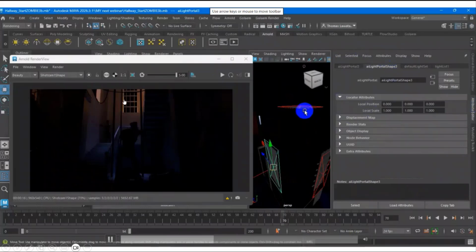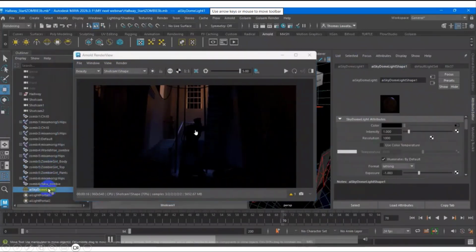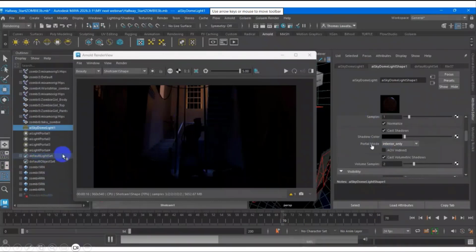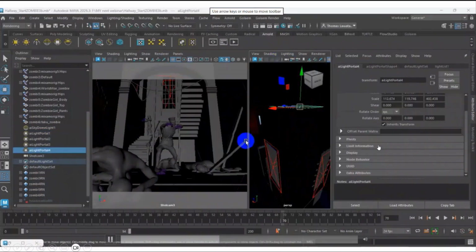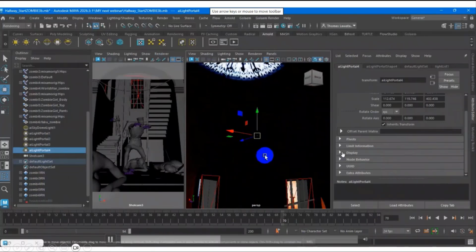Around the side of the window, and then I'm trying to tweak the upper part. I want some lighting from the top to the bottom. The lighting is coming from the top. Okay, so in the portal mode, there is interior and exterior. You can put both, or you can put just the interior. In this case, I'm using the interior, that's why I choose the interior.